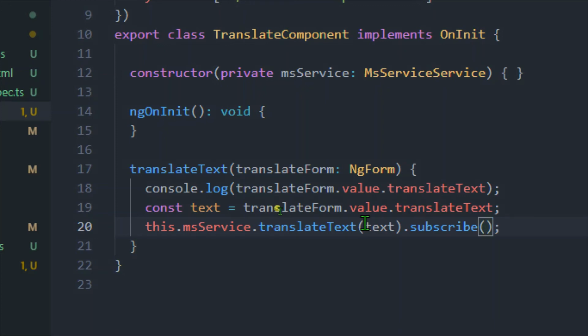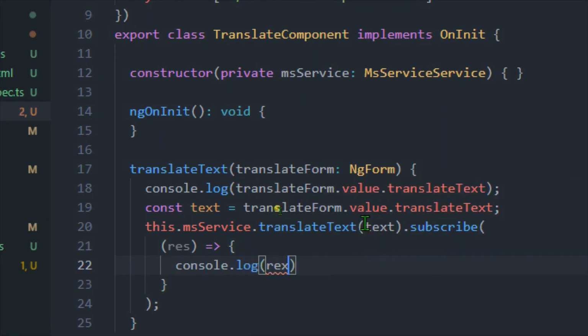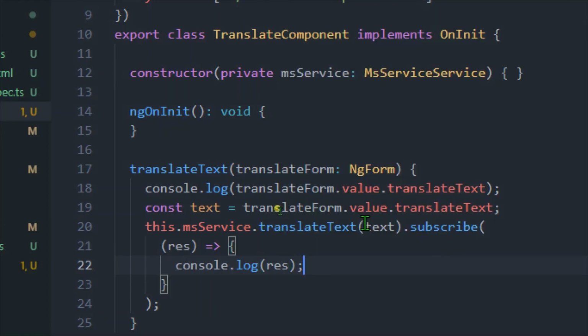And inside these two brackets, let me type res, which is response. If we got any response, let me type console dot log the response, like this. And otherwise, if we got any error, let me print that error as well.